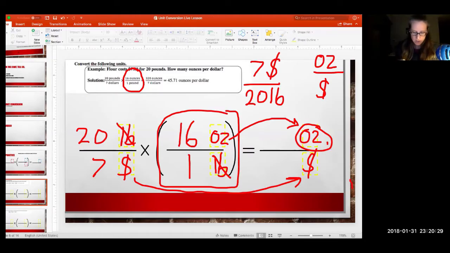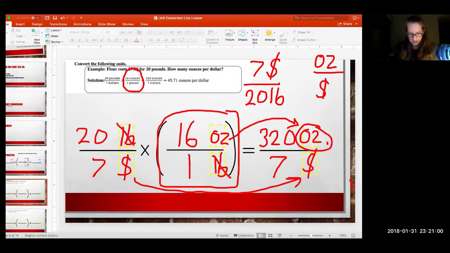All right. So you're going to do 20 divided by 7. Or hold on, let's just do this the right way. Multiplying 20 times 16, and that's going to go here. And then 7 times 1, which is 7. So 20 times 16 is going to be 32 with a 0 on the end. 320 divided by 7. And to make this go a little faster,